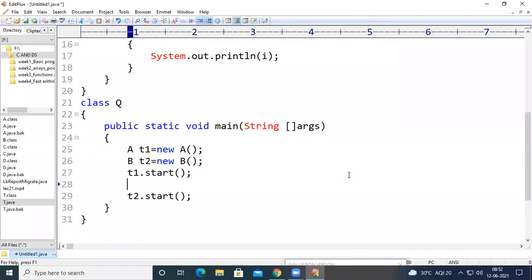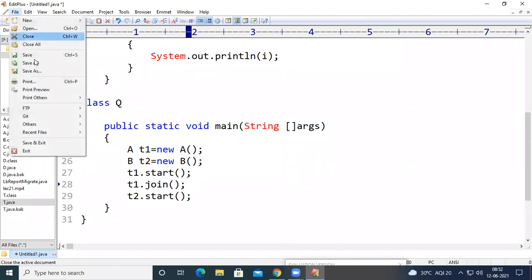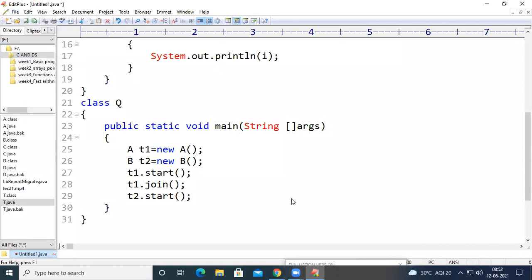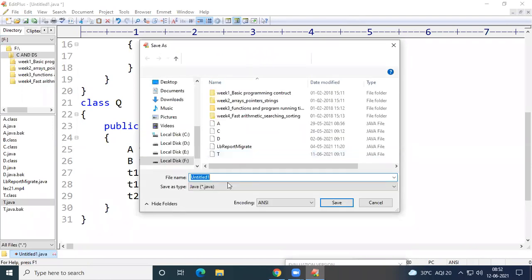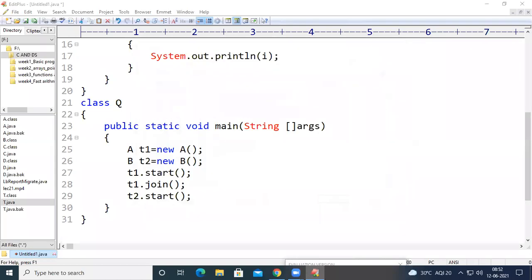What I am doing here is, I am going to use the method t1.join. So if I save and run the code, the main method in this program lies in class Q. So I have to save the code as q.java. After saving the code as q.java, if I compile the code, I am going to get a